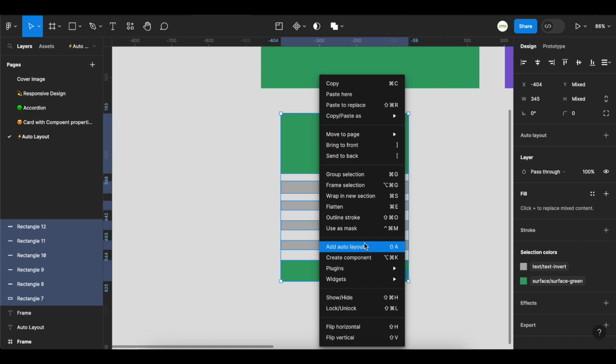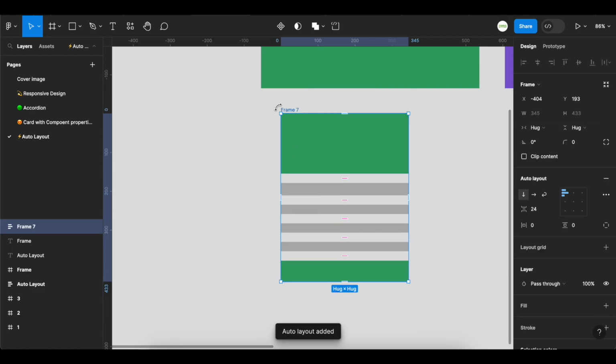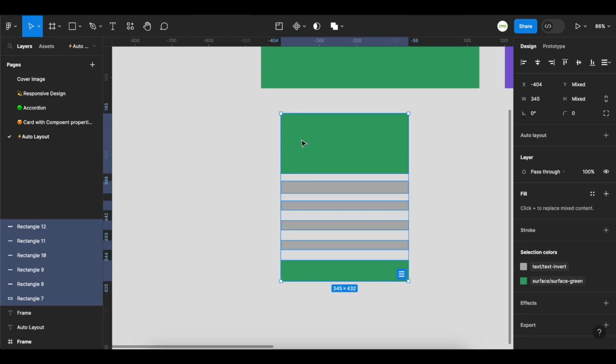After hitting this, the file will be auto layout. We can just see what is happening next. You can see this is now under auto layout custody. That means you can ensure, this icon means this is now under auto layout, and beneath you can see this icon means this is a frame. So always remember this icon is always for auto layout, and I'm going to remove the auto layout feature,